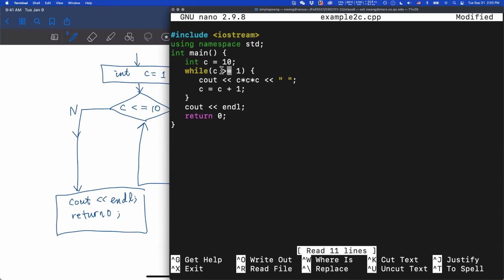So if your C is greater than or equal to 1, if it's not below 1 yet, then you will keep going into the loop. Now you need to change the counter. Instead of increasing the counter, since we start at 10 and want to print the cubes backward, it will be smaller and smaller. Then you need to subtract 1, so you change your counter by C equals C minus 1.